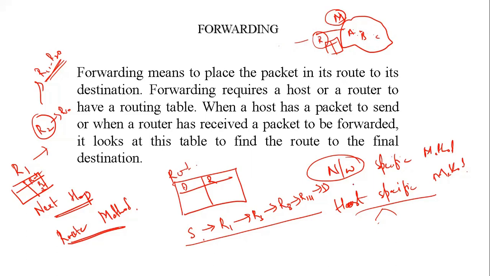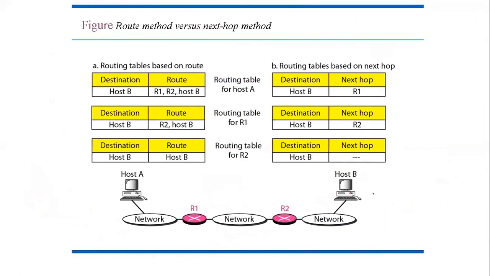In the host specific method, each and every host which is present in the network will have a route. So basically, if we have 1000 hosts attached to the same network, then in the case of the network specific method, we will have only one network route. And in the case of the host specific method, we will have the route to all the 1000 hosts available. So now let's see the example.